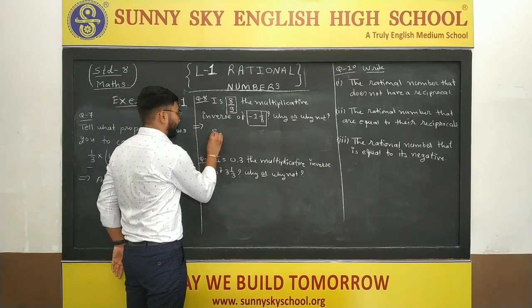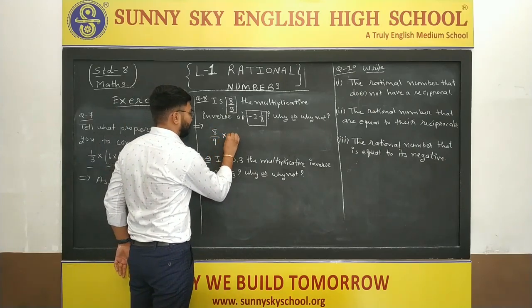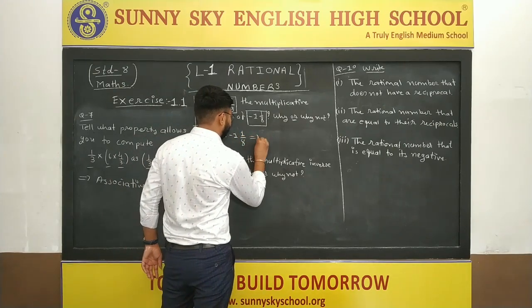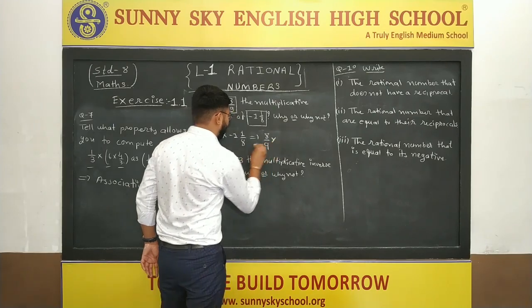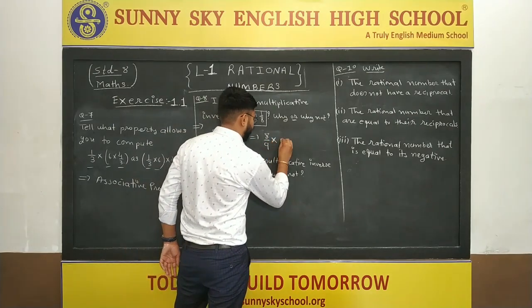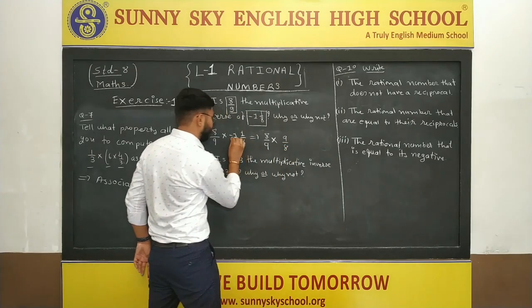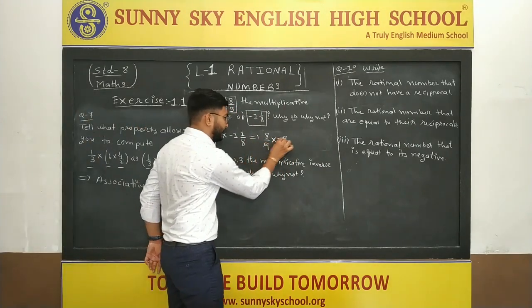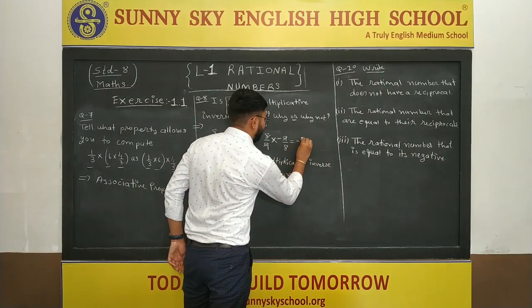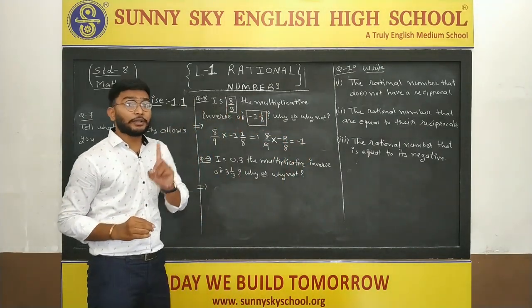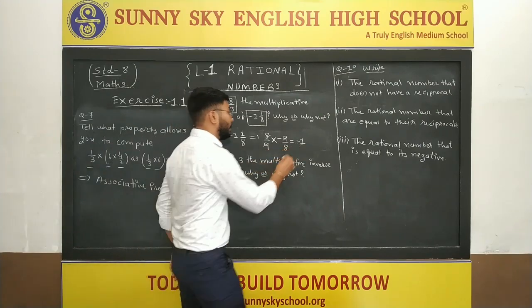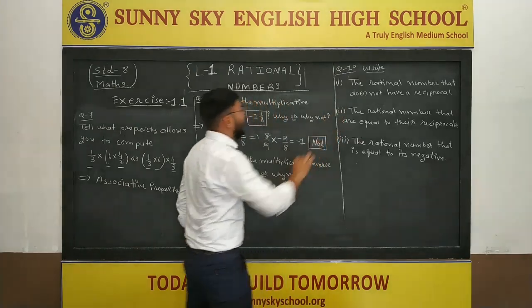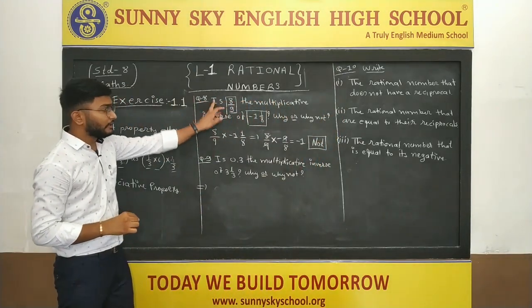See, simple only. 8 by 9 multiplied by minus 1 integer 1 upon 8. First simplify them. 8 by 9 multiplied by 8 times 1 plus 1, that is 9 by 8. But see, a minus sign is there, therefore keep this sign. 9, 9 cut, 8, 8 cut. The answer is minus 1, but we require plus 1. Here we are getting minus 1, therefore it is not a multiplicative inverse of the given question.